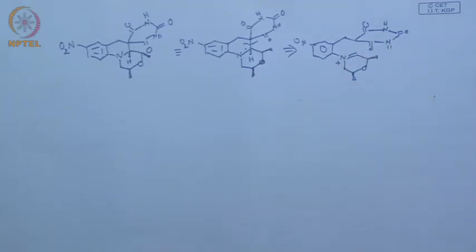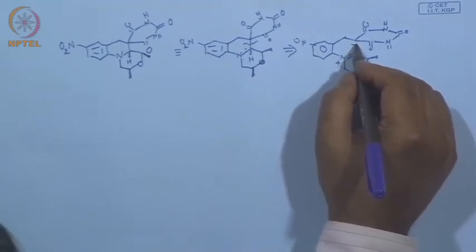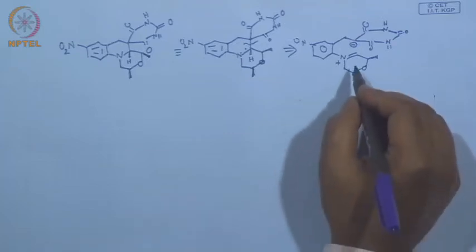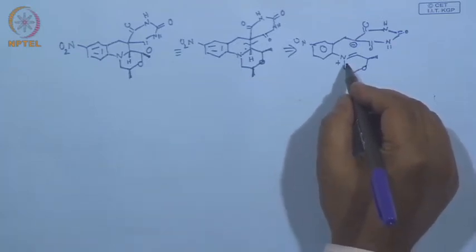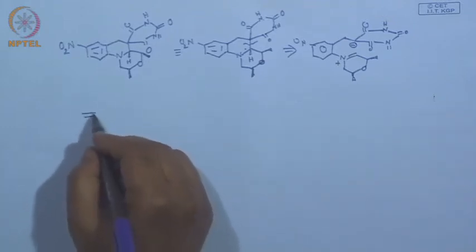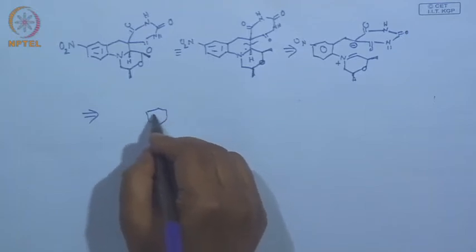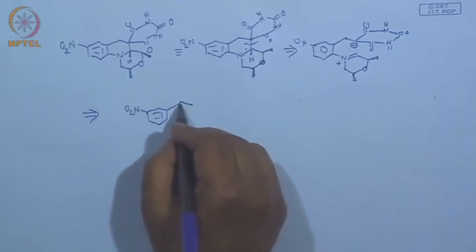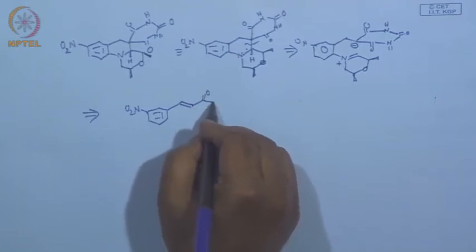Then somehow you have to make this, that is it. So, we have recognized that this iminium ion should be there, and then this. Now, we know what to do. What next? This part remains as it is, that means somehow you have to make